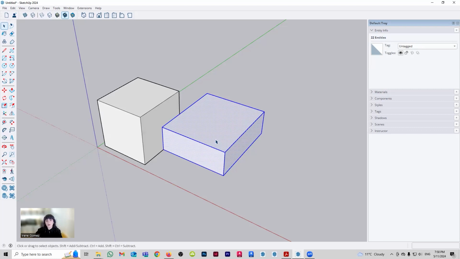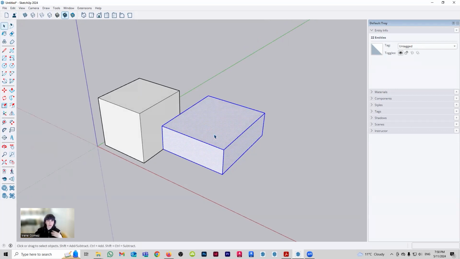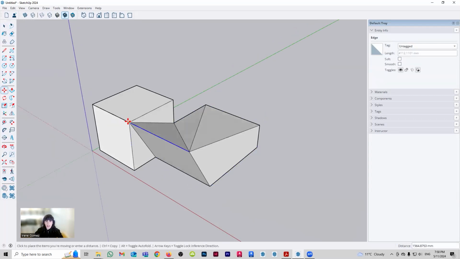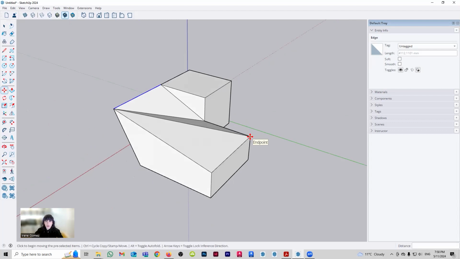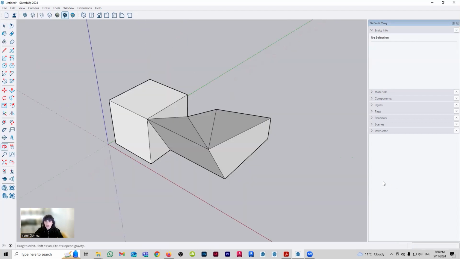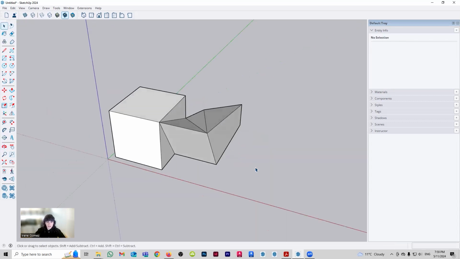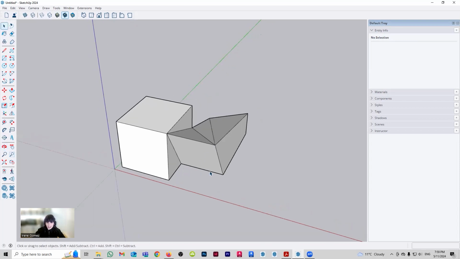But this is the double-edged sword that makes SketchUp such an attractive software, because due to the fact that all geometry is raw, it is very easy to make modifications. So I can just grab a line and say, okay, I'm going to put that line here, and then I'm going to put it there. Ooh, and that created an interesting form. And then I'm going to select this other point here, and I'm going to bring it down, and I'm going to select this entire face, and I'm going to move it there. So this volatileness